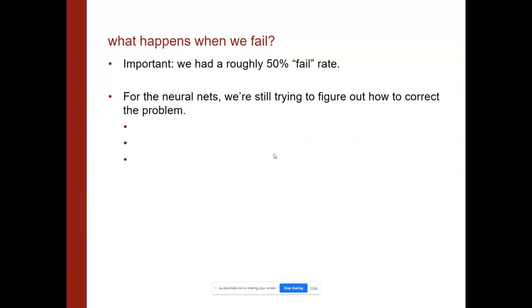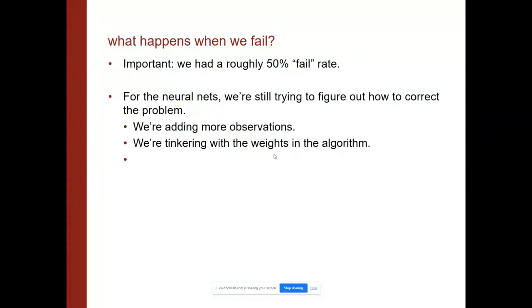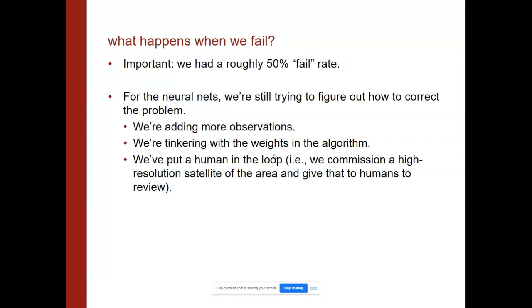But at the moment, what we're doing is adding more observations. We tell it, okay, no, you got this wrong, or here are some new sites that we hand coded. This really is one of those sites, and we help it learn from that. We retinker with its weights, and we assign different attention features to different portions of the field. And the important thing for us is we've also added a human into the loop. Whenever the algorithm thinks it's found a location, we requisition high resolution satellite imagery of that area, and then we put that very high resolution information in front of a human.